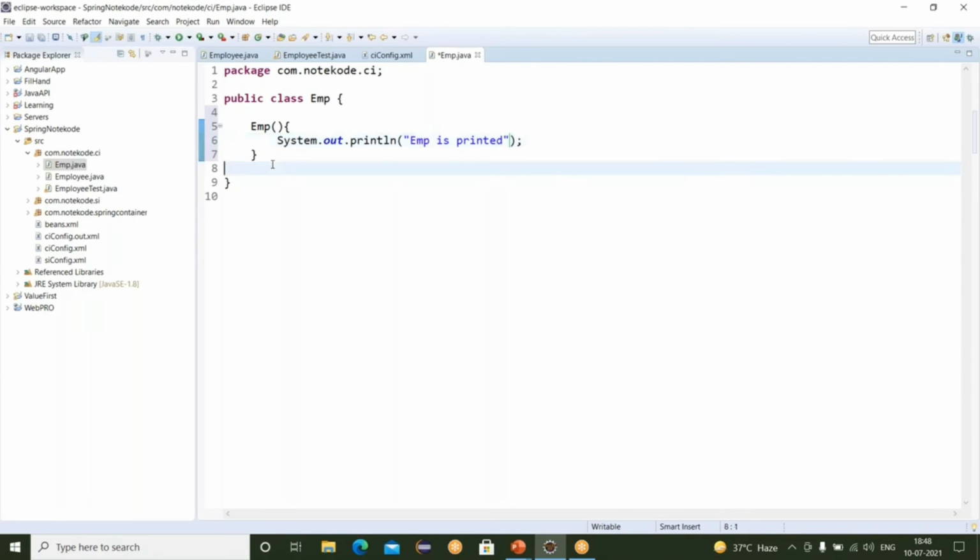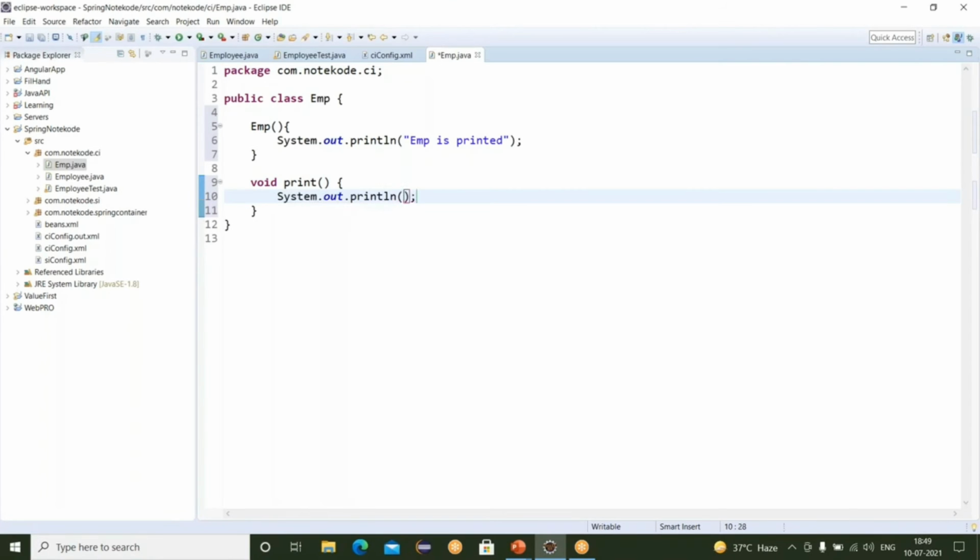Okay, and now let's create a method void print. And let's also add a print statement. And this time I'm writing "hello EMP". Okay. So I'm creating another class EMP.